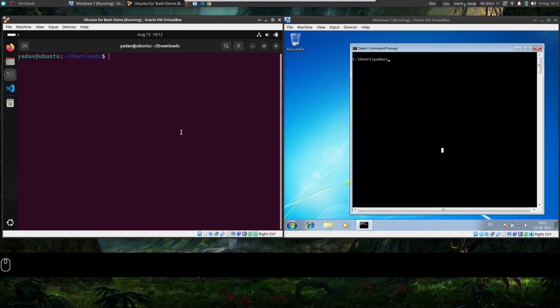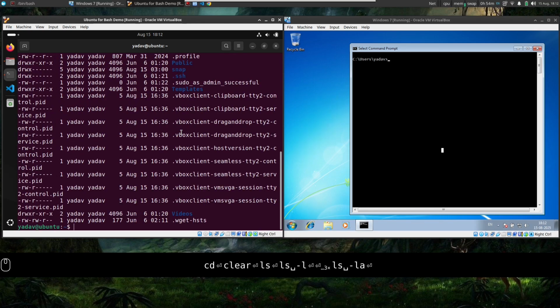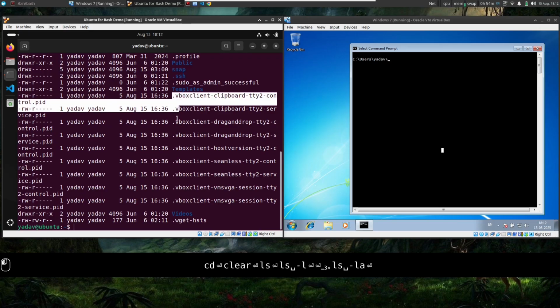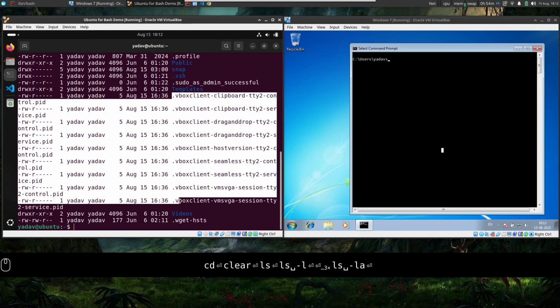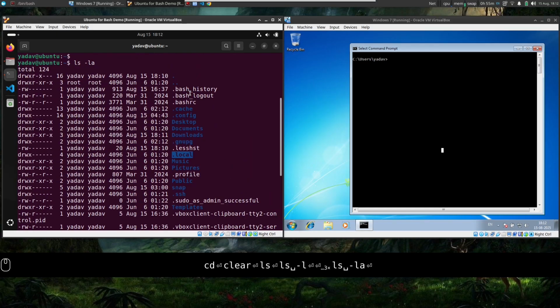I'll show you the difference of the content in my home, this versus this. A lot of files starting with dot. There are some folders starting with dot which are hidden. There are configuration files of different software kept in the .config folder.